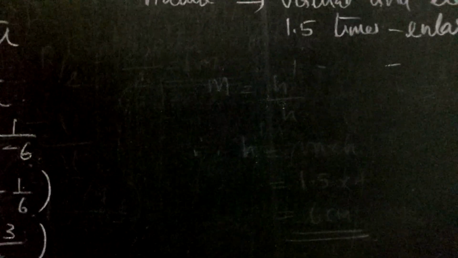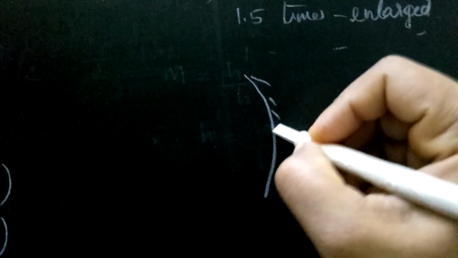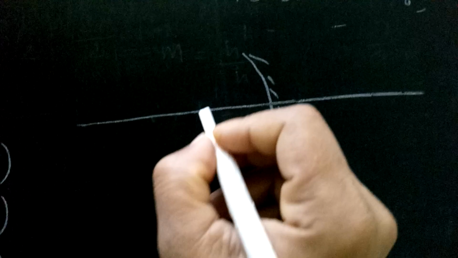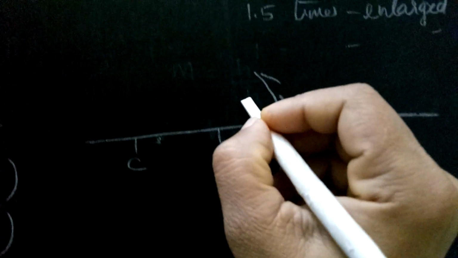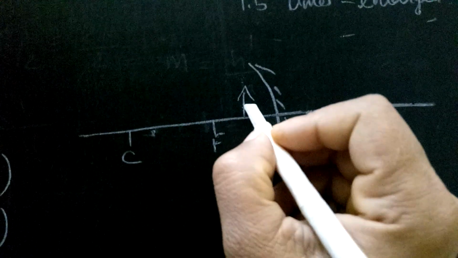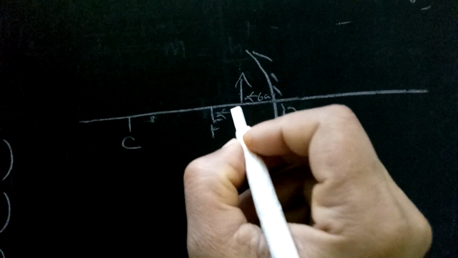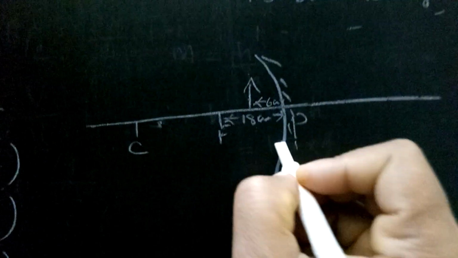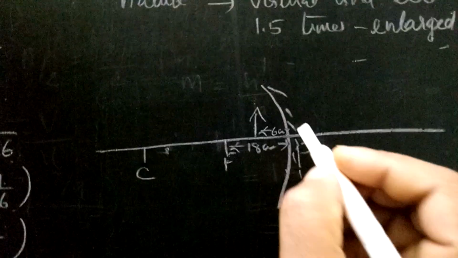So last diagram you should draw, and while drawing the diagram I will show you. Just you should take the 6 centimeter and draw, means in a compass you should take 6 centimeter. So here P, then F, then C. Here you should keep the object and you should mark this as 6 centimeter. Okay, the measurement you should write here because it is already given in the problem. We are representing that problem in a diagram, isn't it?